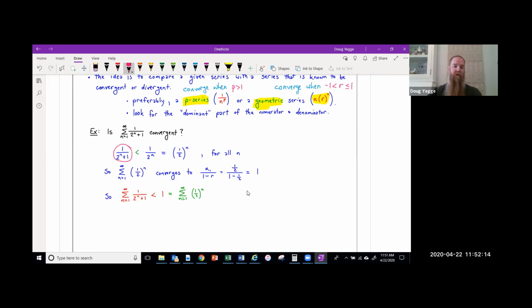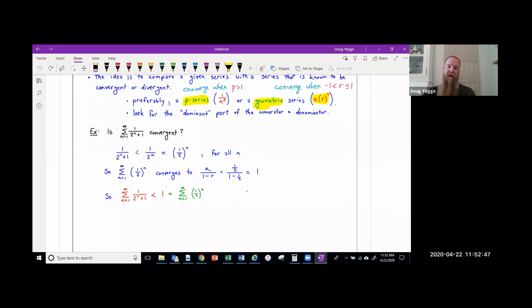okay, with some other series. Now we know that this series is the same as 1/2 to the power of n, and 1/2 to the power of n converges because it's geometric. Well, now we've just got to think about this little inequality here, okay? And this is the general idea about the direct comparison test. The direct comparison test is essentially saying,